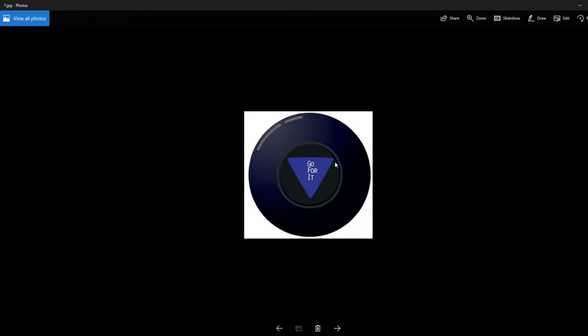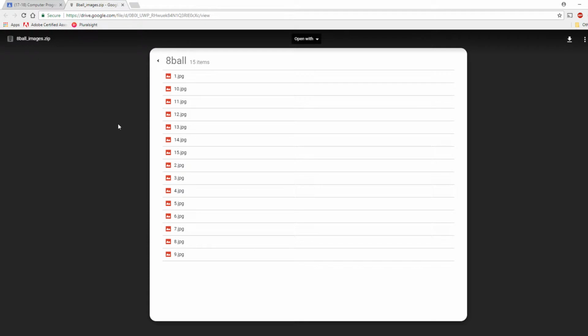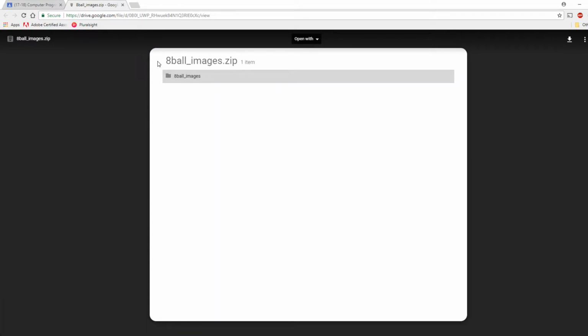They all look the same, but they have a different message on them. Try again, unlikely, right? And we're going to randomly pull one of those whenever the user clicks a button, and display that on the screen. So right now, download the 8ballimages.zip and extract those files onto your computer